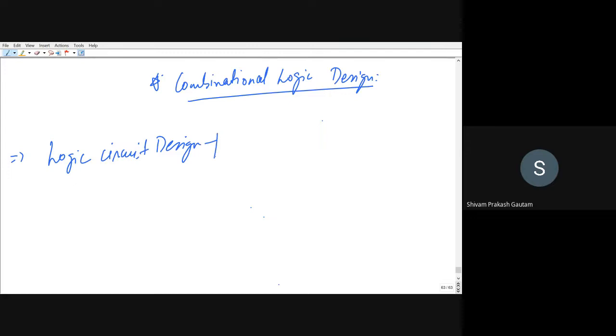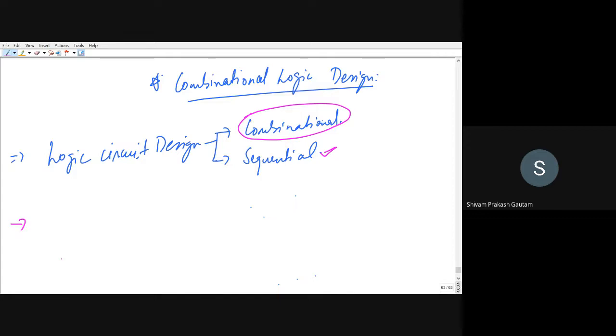Basically, in digital, there are two ways you can design your logic. The first one is called combinational, and the second one is called sequential. So we will be focusing on combinational for a few lectures, and then in the next course objective we will be studying the sequential. But I will be giving you a brief idea of what sequential logic design means and how it compares with combinational logic design, or what the differences are between combinational and sequential logic design. Okay.